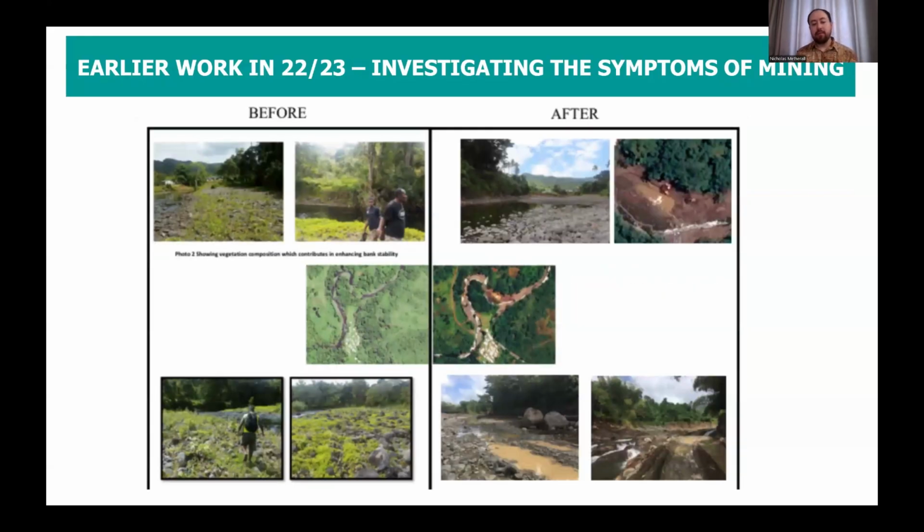So these are some examples of a site in Fiji where we have the clearing of riparian vegetation. That is the vegetation growing along river corridors and riverbanks, as well as the changing of the hydraulic channel itself. This can include the changing of the shape of the river and the geomorphology.